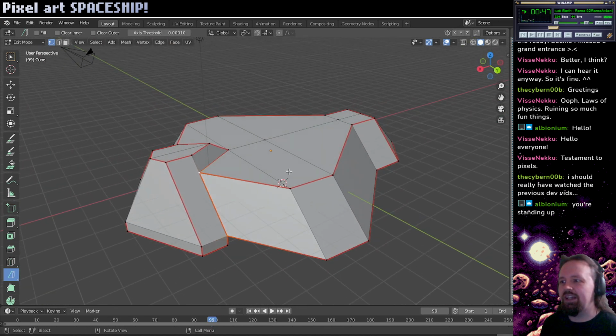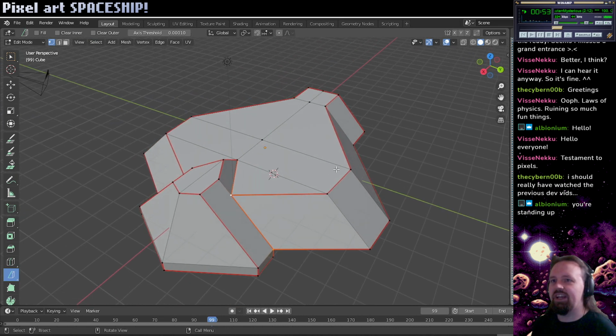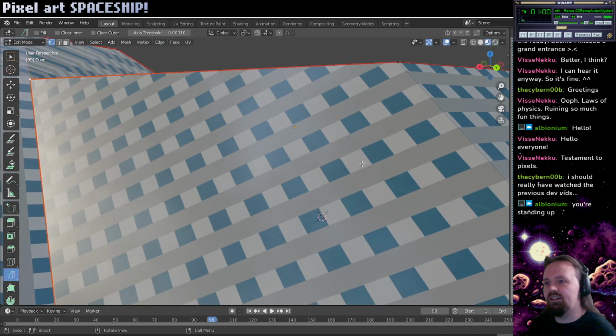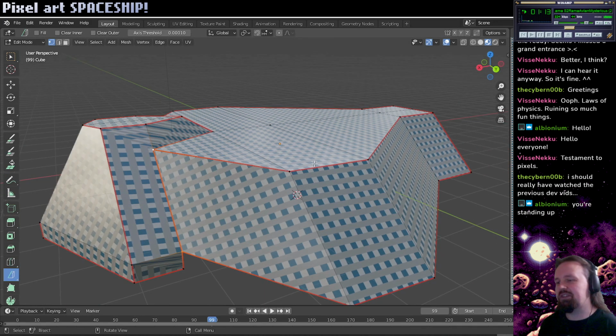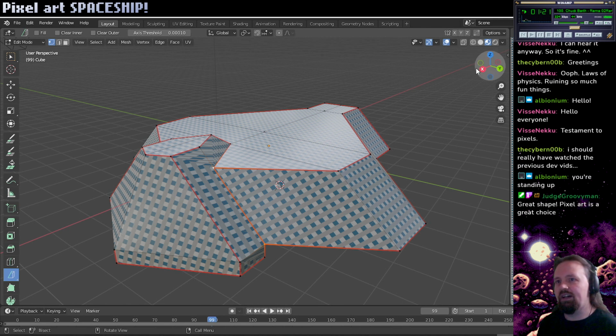I had to go unwrapping it, so it's low poly, and I wanted to put a texture on it, and it was a nightmare. I am bad at UV unwrapping, so you can see the problem I'm having, right? This is the wrong thing there. What I wanted was these lines to go straight here. But if they go straight here, then the pixels aren't square. They get slanted. And so they have to come off the edge like that. It's just not what I wanted. It's not the look I was going for. I think I was doing a thing I do many times, biting off more than I can chew, trying to do too much. And, you know, it just didn't...